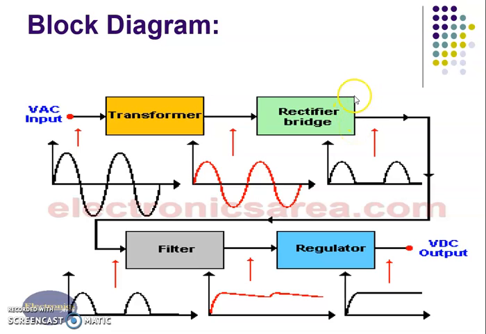There are 3 types of rectifier. We are well familiar with that: the half wave rectifier, the center tap full wave rectifier, and the most popular full wave bridge type rectifier. So full wave bridge type rectifier is selected. In full wave bridge type rectifier, 4 diodes are connected in a bridge form, and the rectifier converts the AC input into pulsatile output, but that is full wave output.